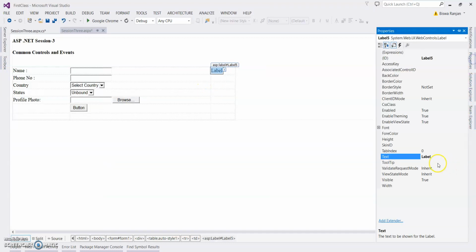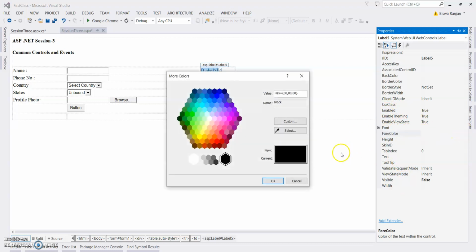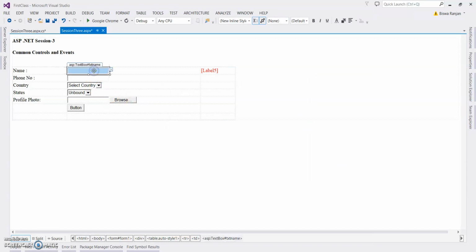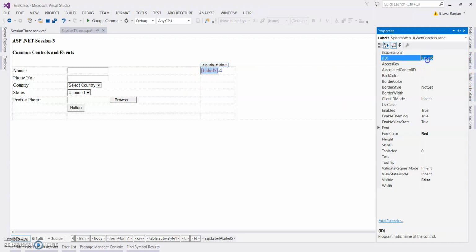Go to the properties, delete the text, and make Visible false, so it will not show at runtime. For the color I am keeping red. Whenever this text box text has been changed, it will come here. I'm giving the ID lblNameID. So double click on the name.